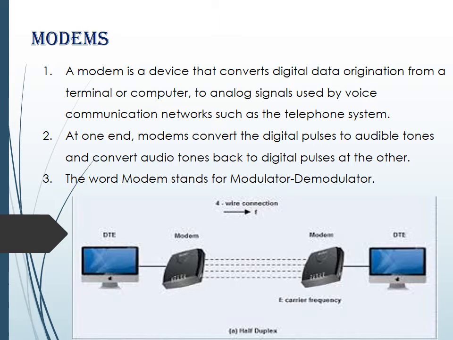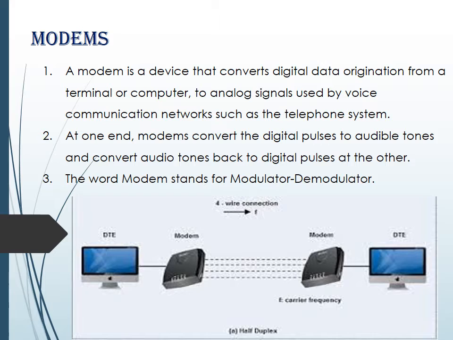Now suppose I am connecting computer A with computer B via some telephone lines. Then computer A will transfer data in the form of binary data. The binary data will get passed along the telephone lines. But the telephone line will not understand the binary data, so it converts that binary data, or you can say your digital data, into analog data.